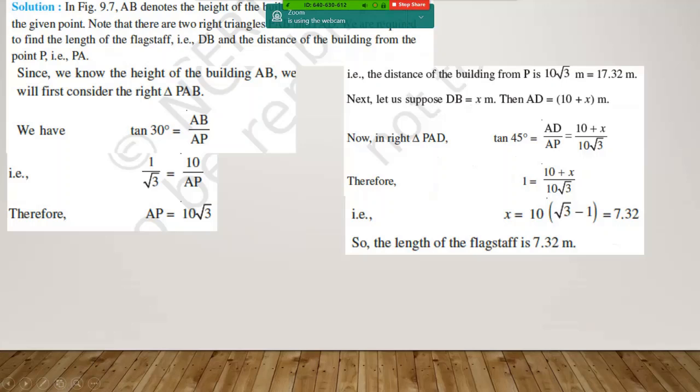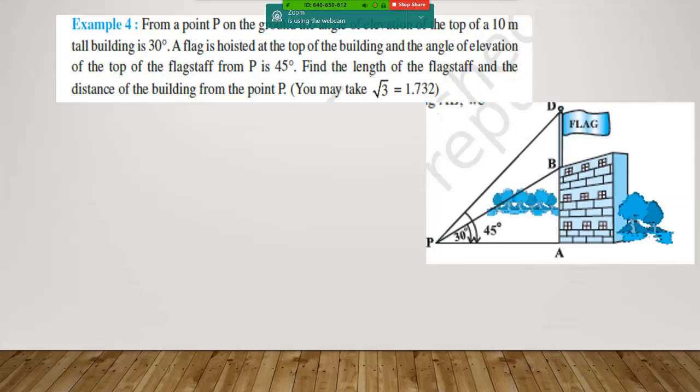The calculation will take a bit of time, but that's how you have to do it. Ma'am, to find DP, can't you use cos 45? One minute. Tell me, speak again, please. To find DP. Why do we need to find DP? Not asked. Read the question. Unnecessarily, more of calculations, more the risk of going wrong. So be very clear about it.